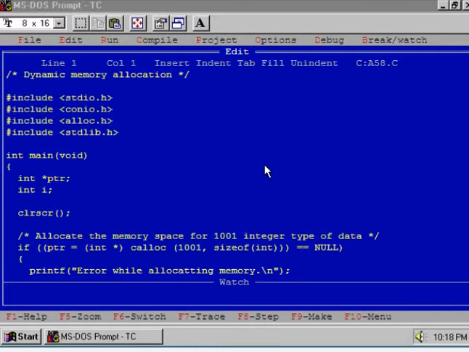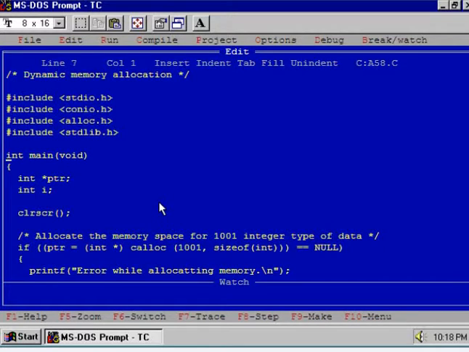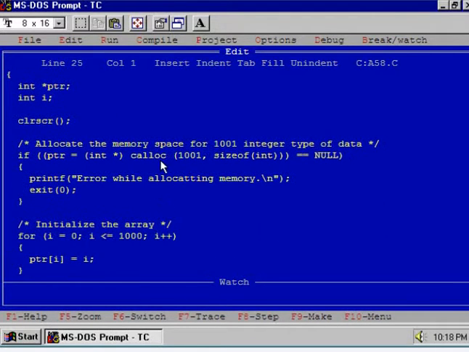In this program, we are allocating the memory using the memory management function calloc. So using function calloc, we have reserved memory space from the heap area.